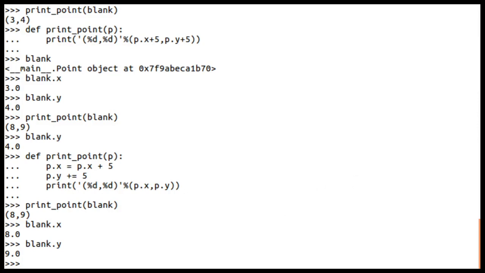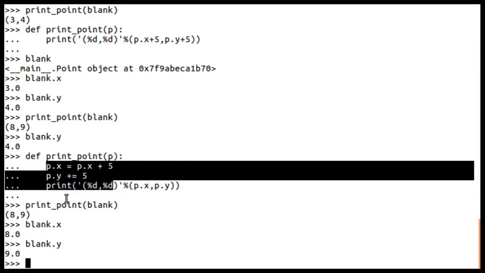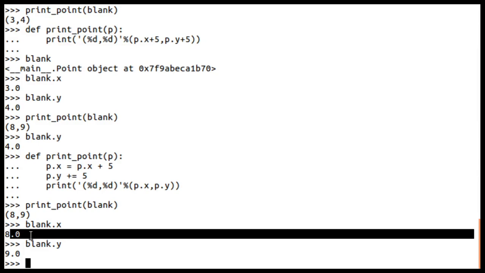Whatever changes were done in this function have affected the blank variables, which indicates that p creates an alias to the blank object, right.